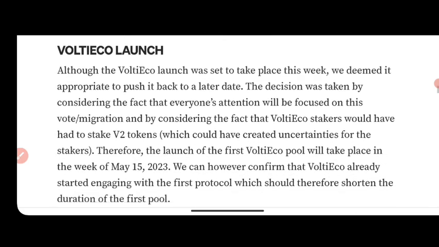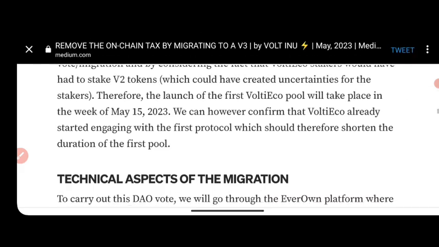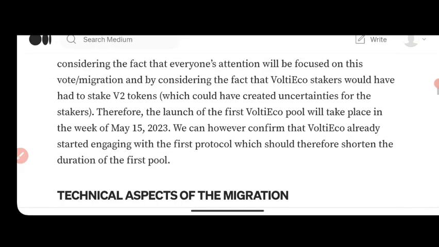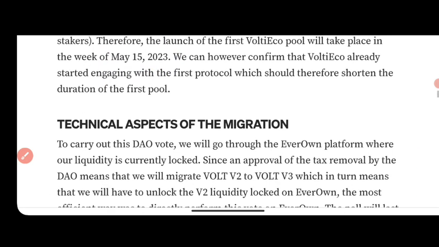So we have a lot of launch right here, and there's something I want us to talk about. This is the area I talked about already, that if everybody actually agreed to migrate, if you actually voted for the migration, it is going to be happening by May 15. This is currently May 9 at the time of making this particular video.